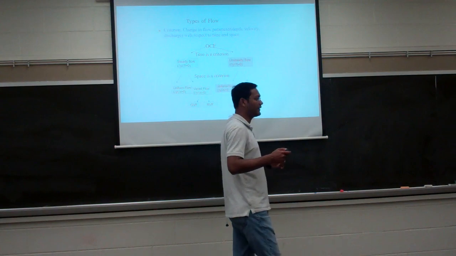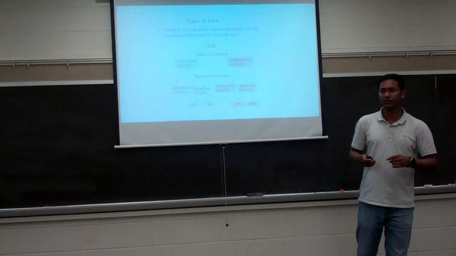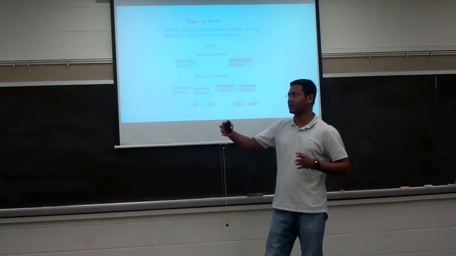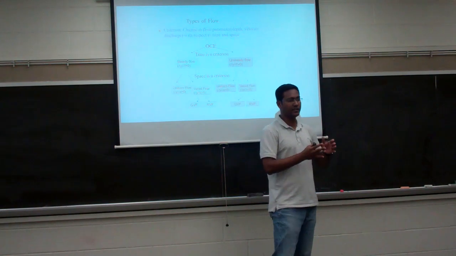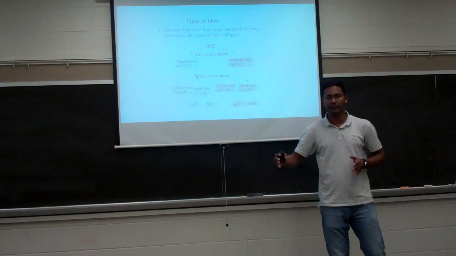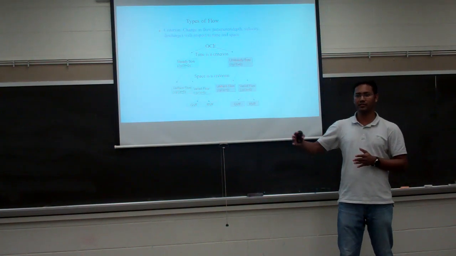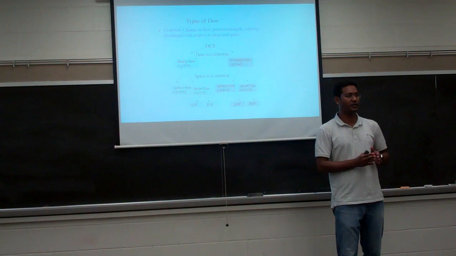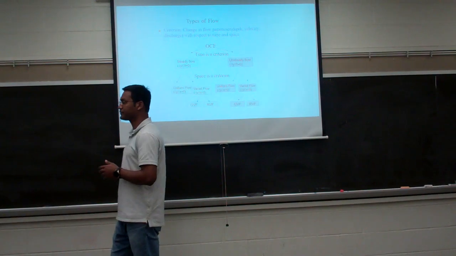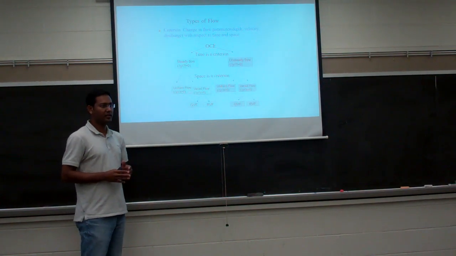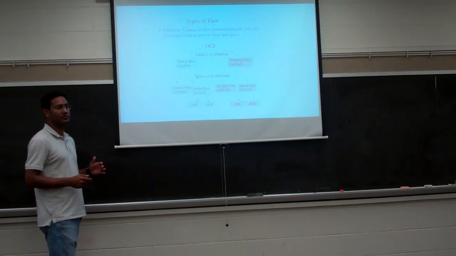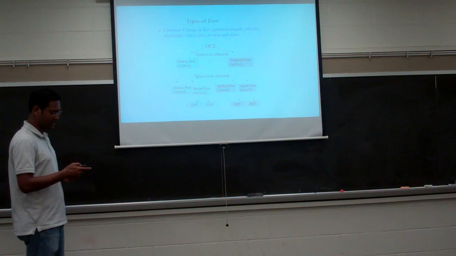And there are other types of open channel flow, where space is the main criterion. If these flow parameters, for example over a 1 kilometer length of a river, if velocity, depth, and flow rate change over this length of a channel, then we call it non-uniform flow, because flow is not uniform at all locations over this channel section or channel reach. And if these parameters are constant, then we call it uniform flow. That means everything is uniform all over the channel reach or channel sections.